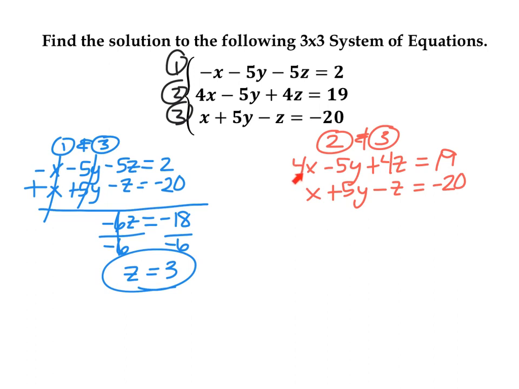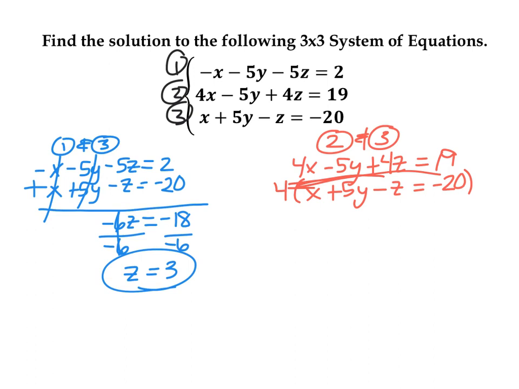And the first thing that you want to do is you want to make them look the same. So what do I need to multiply the bottom equation by so that we can get them both equal to the same number? We need to multiply the bottom one times a 4. So I'm going to go ahead and do that. I'm going to multiply the bottom equation times 4. I'm going to multiply everything here times 4. So when I do distributive property into everything,